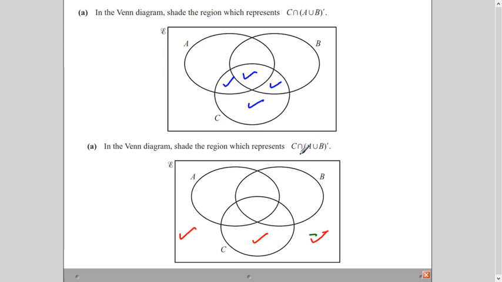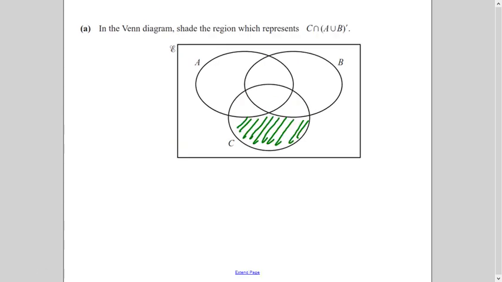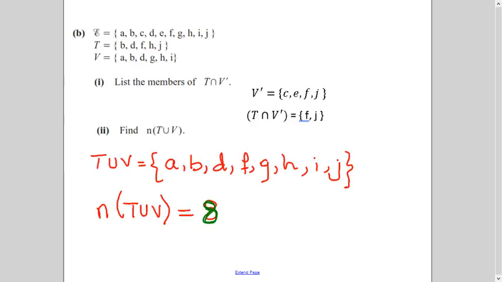Now what is the symbol between them? Intersection, common. So if you see the blue area and the red area, what is the common part? This one, right? This has blue also in it. So only this portion will be shaded to represent this set notation. So this is how you identify, use different colors to make the question easy, and then figure it out, because sometimes it is difficult for a few students to do it mentally. So this is a better way to figure it out.